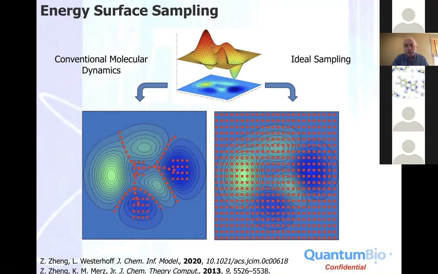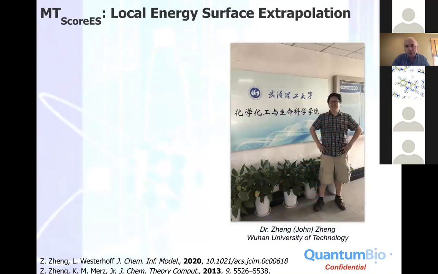And so molecular dynamics becomes one of those methods that is used, where you'll explore different parts of the whole surface. Generally not too many peaks, but a whole lot of valleys. And you'll try to understand then how well this thing is binding. But that does leave a lot of the surface that we're not able to sample very easily, again, with the dynamics-based method. And so John Zhang, while he was in Kenny Merz's group at MSU, began to work through this